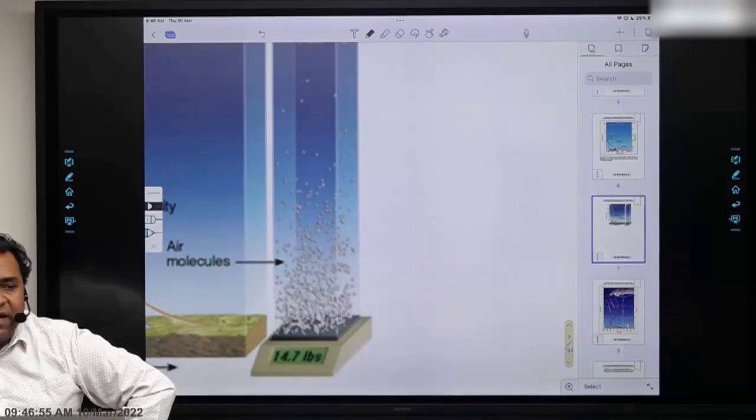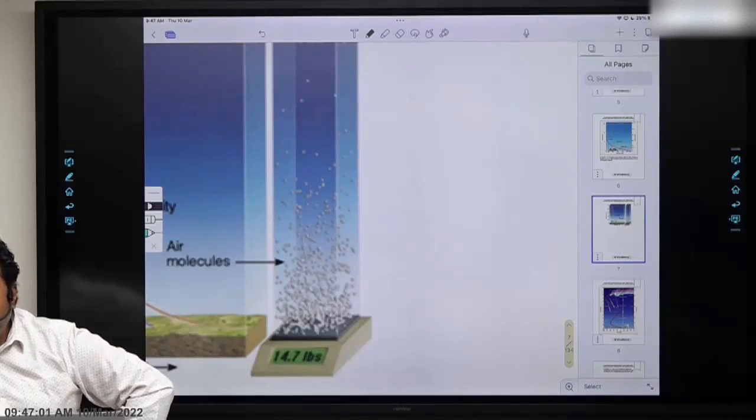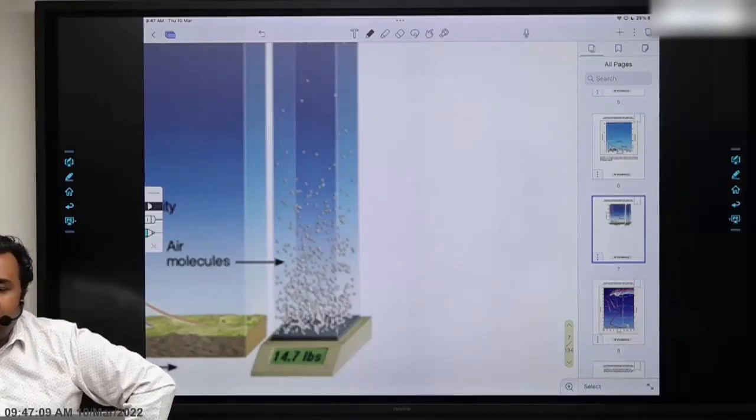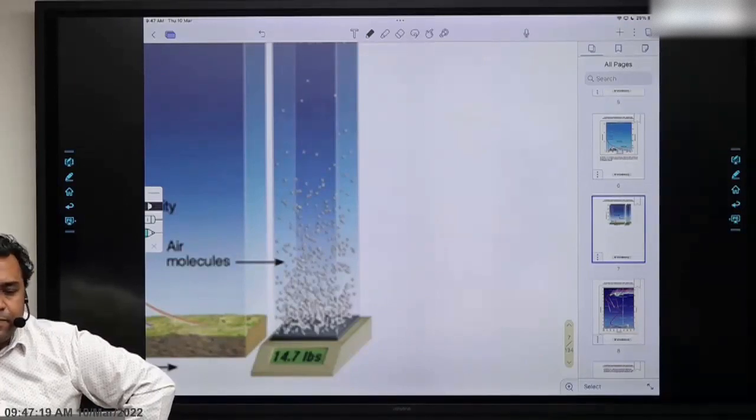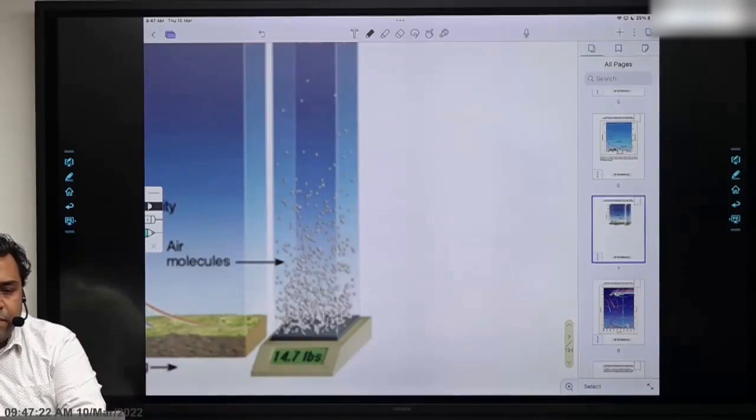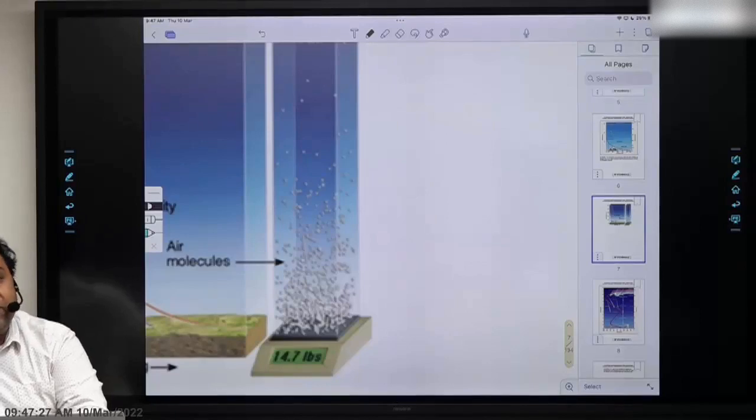Okay, the line separating the space from the lower 100 kilometers is known as the Kármán line, K-A-R-M-A-N, Kármán line. Okay, so always remember, whenever they say it went into space, don't think that it went 3500 kilometers. Once you place it somewhere around 100 kilometers and above, it is in space.